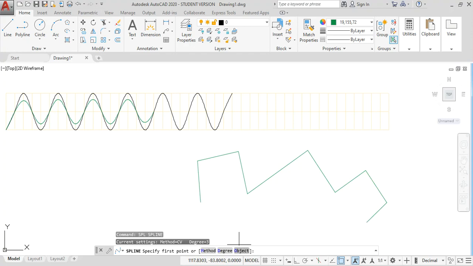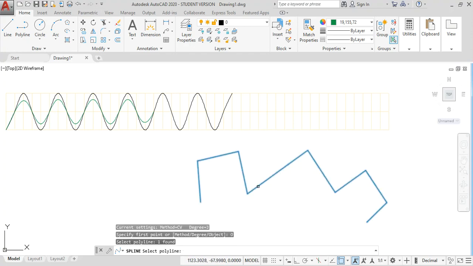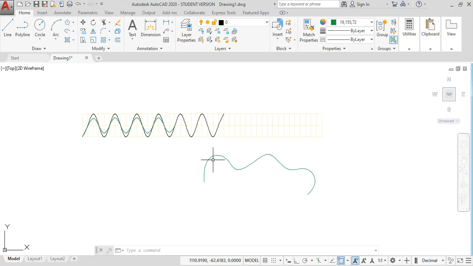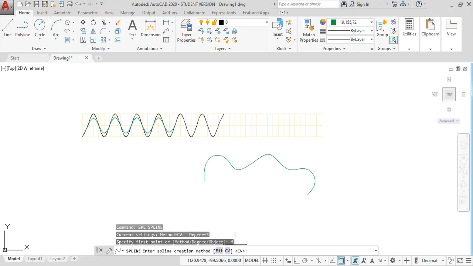First choose the object and select the polyline, and this is a polyline. Once you select that polyline, press enter. The polyline converts into a smooth curvature, that is a spline. This is the normal method. Here the method option shows the two different types, fit type spline and control vertices spline. The default spline is CV, so I need to change that to the normal one. So object, and this is the normal